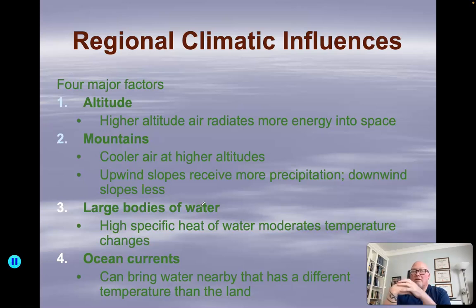How high you are in altitude is going to definitely affect climate. Whether there are mountains there, large bodies of water, because water will absorb a great deal of heat. And then, of course, ocean currents that can bring excess energy to a place or also take energy from a